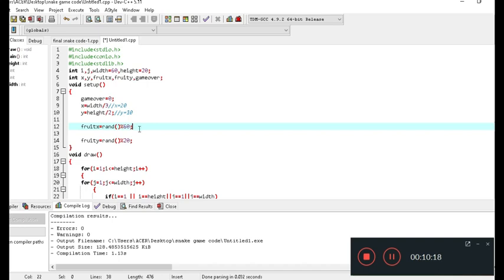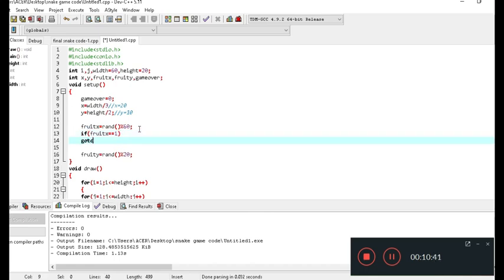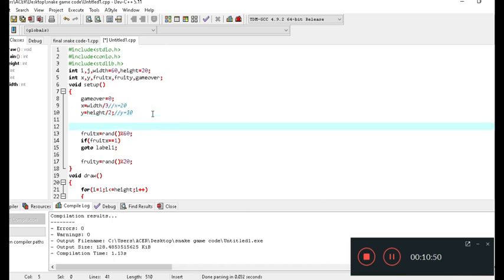Now I don't want to print our fruit position on our boundary. So for this I have to do: if fruit x equals 1, then I am going to make use of the goto function, goto label 1, and I will declare label 1 here only.